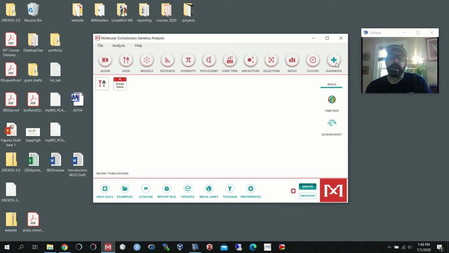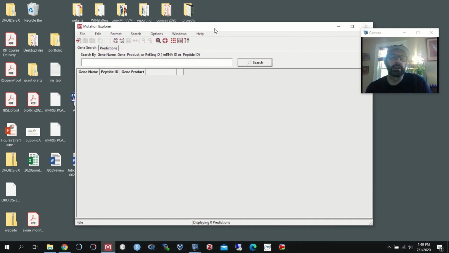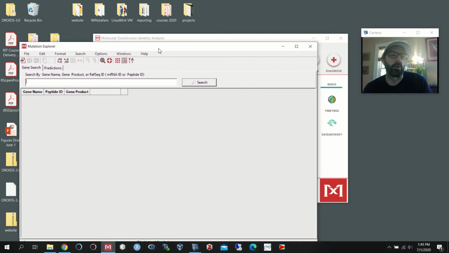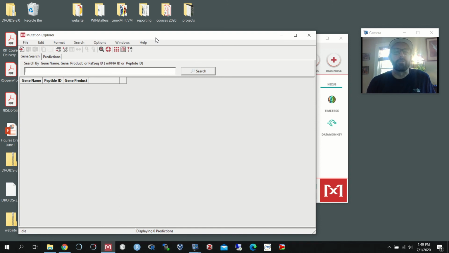The last thing I'll show you today is the diagnosis gene. This is pretty cool. This is a machine learning algorithm. It connects to a database that's stored at Temple University, where the makers of MEGA are. My center director at ASU is the creator of MEGA, and he was working on this when I was at ASU. It's a method that essentially has an alignment. So if I go back to my ADH4,